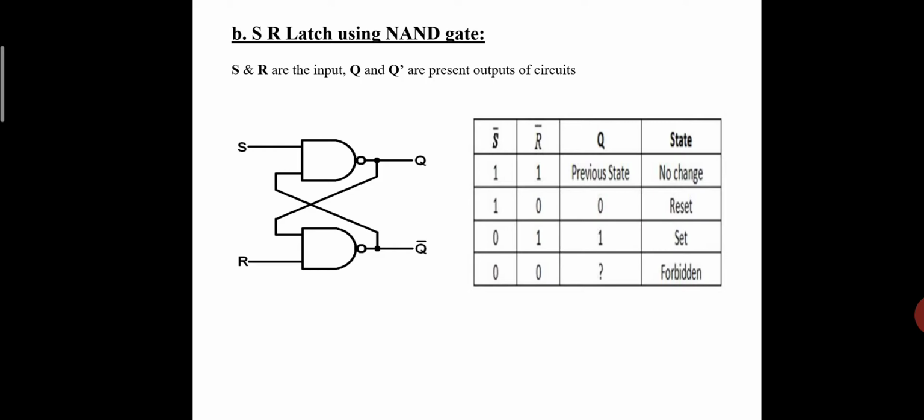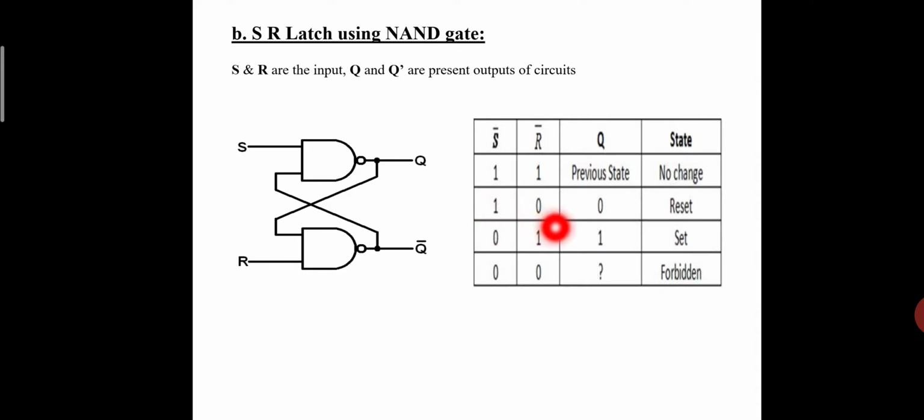So the NAND gate has a positive logic NOR gate construction. The NAND gate is also used to construct the SR latch. This circuit combination we call negative logic. In negative logic, we know that it is represented with S bar, and 1 1 is nothing but 0 0. So it shows the previous state and there is no change.